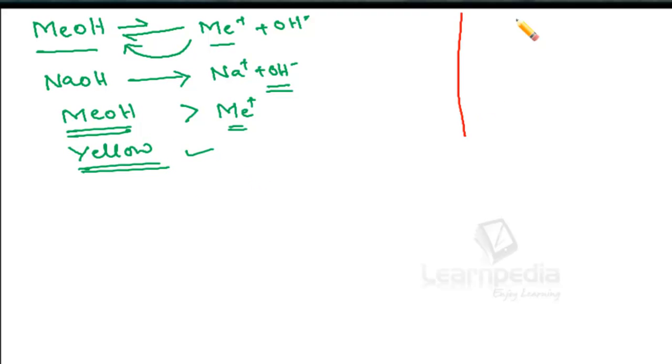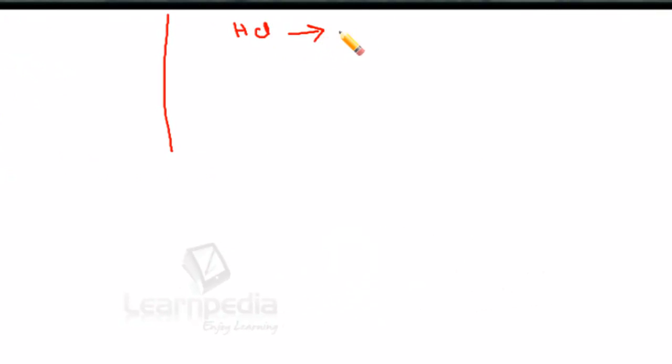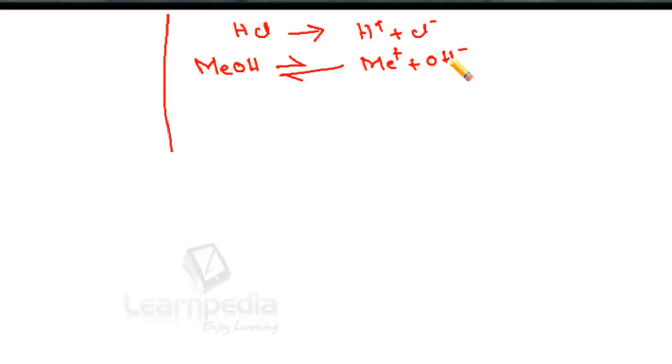But now if the HCl solution, an acidic solution, contains H plus and Cl minus ions, to this aqueous solution of HCl, let a drop of methyl orange be added. It undergoes ionization to give Me plus and OH minus. Now since the aqueous solution of acid contains a large excess of H plus, these H plus ions immediately combine with the OH minus ions and thereby come out in the form of water, and hence the equilibrium shifts